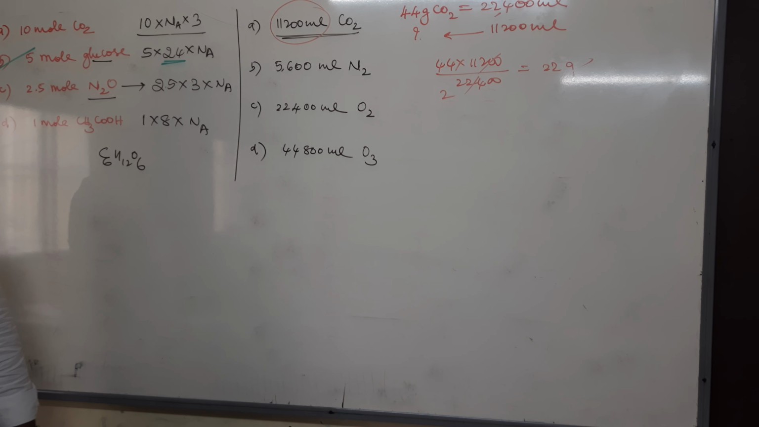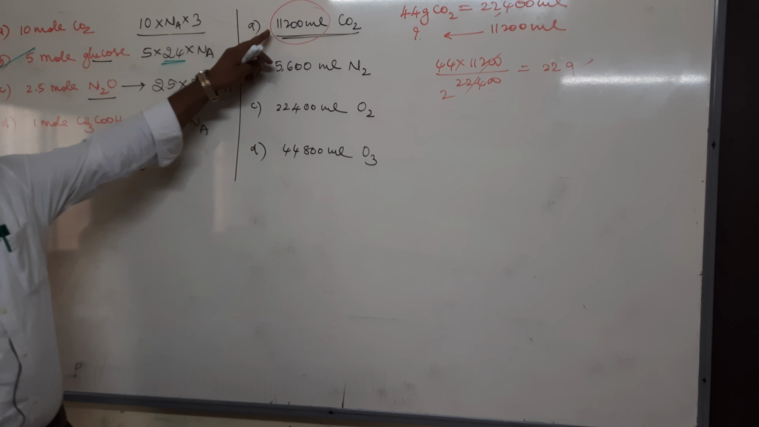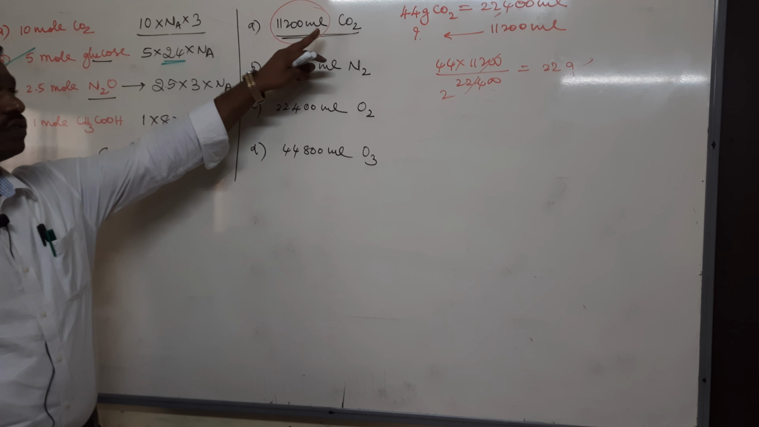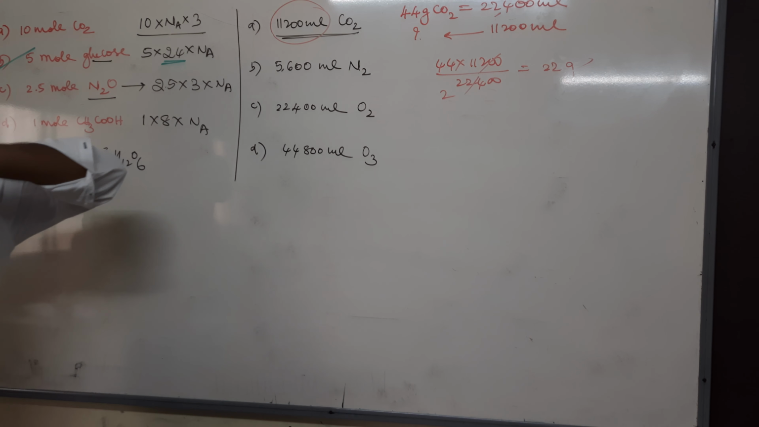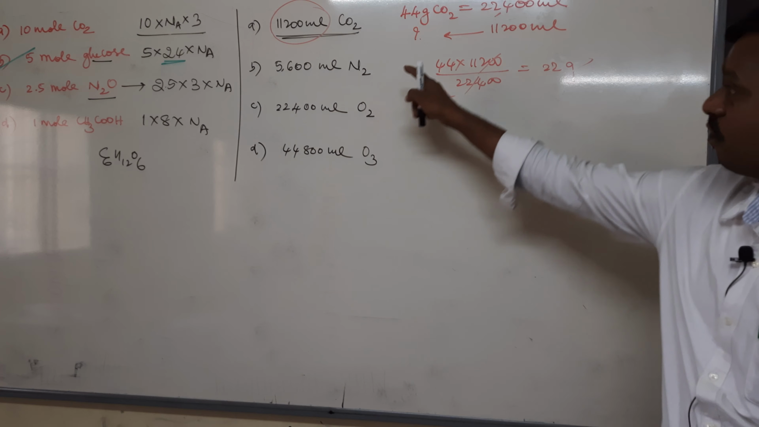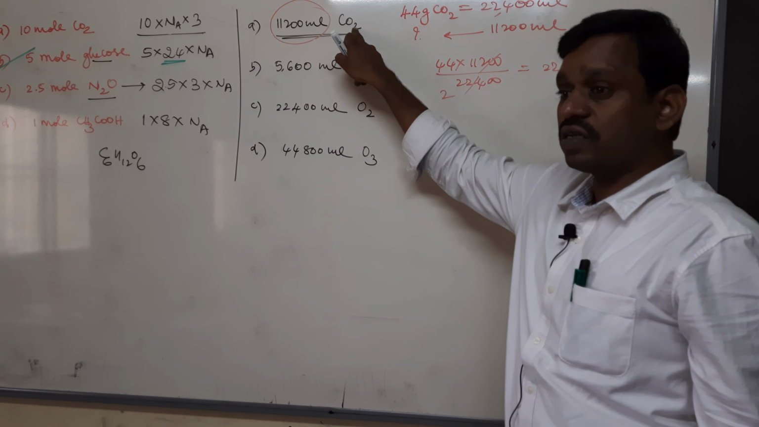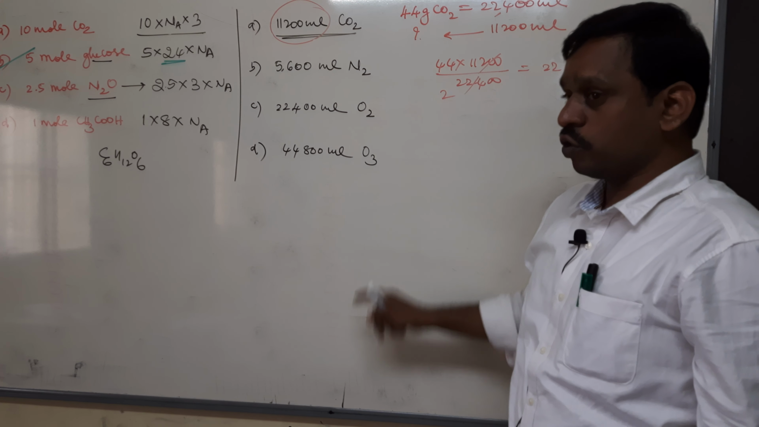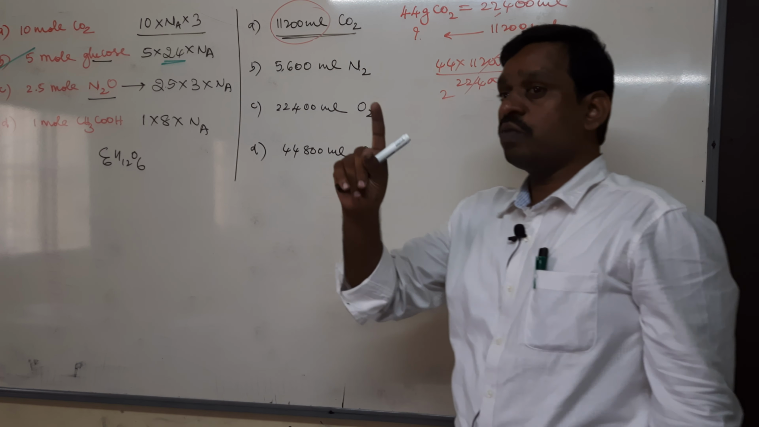Right. Still you can do it in a simple way. How? Anybody? 11,200 ml of CO2 is equal to how many moles? 11,200 ml is always equal to 0.5 mole, no? Why? 1 mole equals 22,400 ml, and this is given as half, no? 11,200 ml is nothing but half mole. Half mole CO2, 1 mole CO2 is 44 grams, so half mole CO2